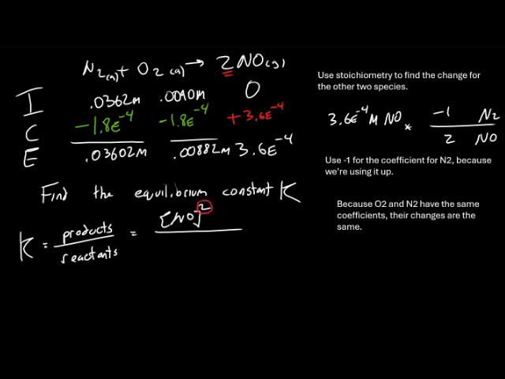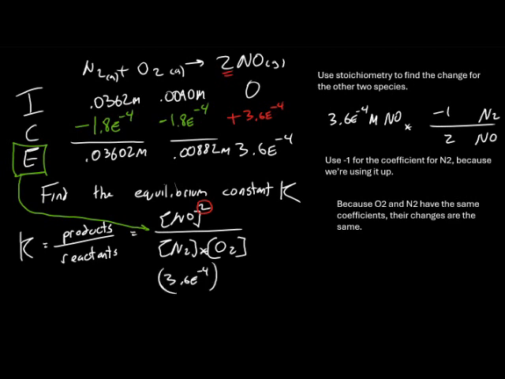On the bottom of this fraction, we will have N2 multiplied by O2. Now we input the molarities from the equilibrium line of our reaction table. Therefore, we will have 3.6 times 10 to the negative fourth raised to the second power divided by